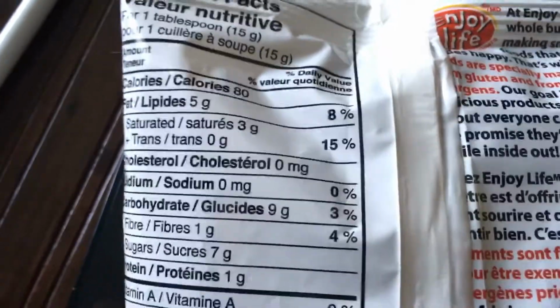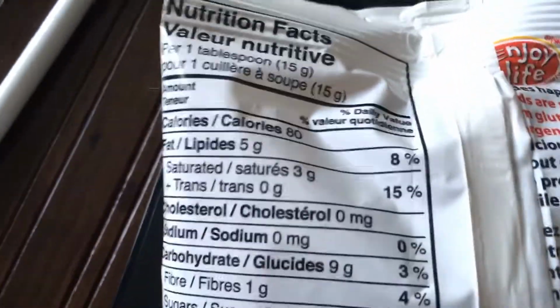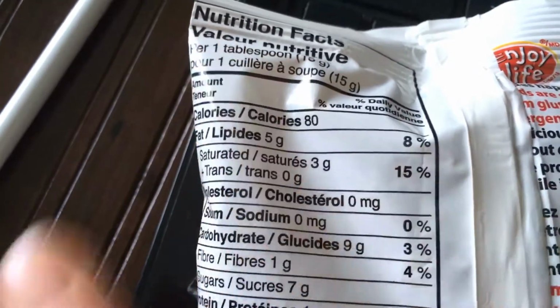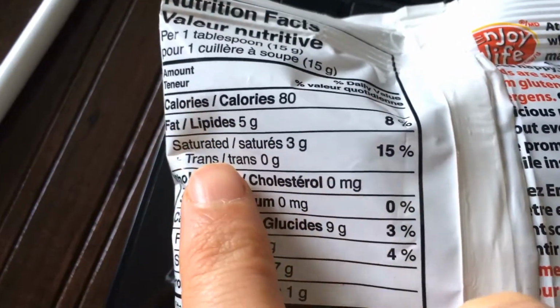All right, so check this out. This is a package label for chocolate chips, and they are delicious, by the way. There's nothing against this company. I'm just showing you an example. So 80 calories per 1 serving. All right, fine. But if we go back to our list we just looked at,